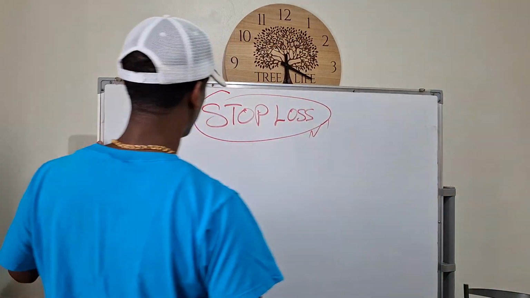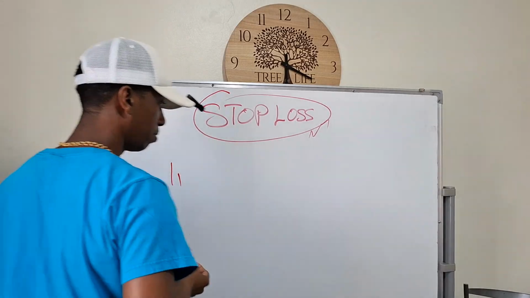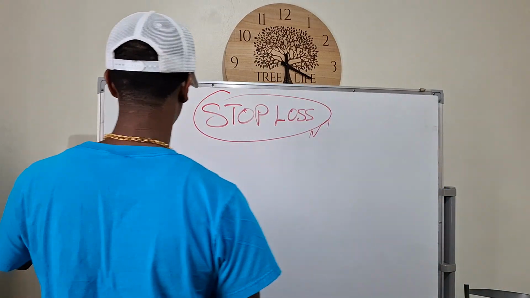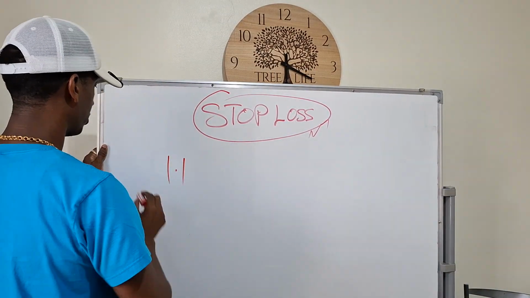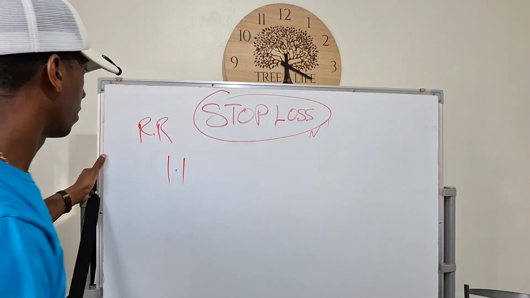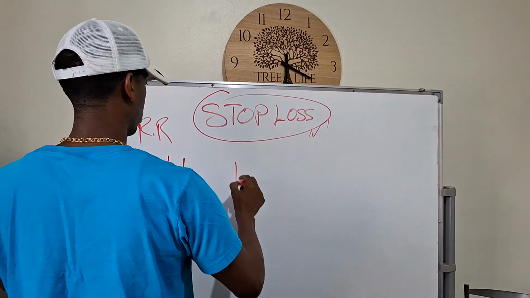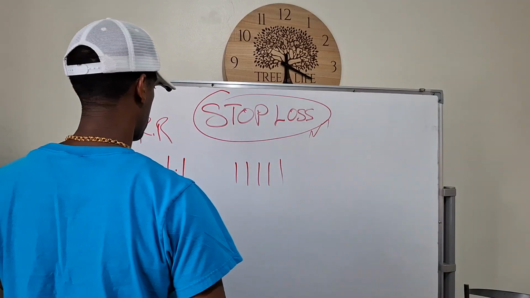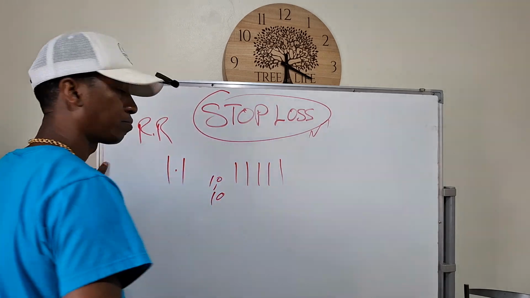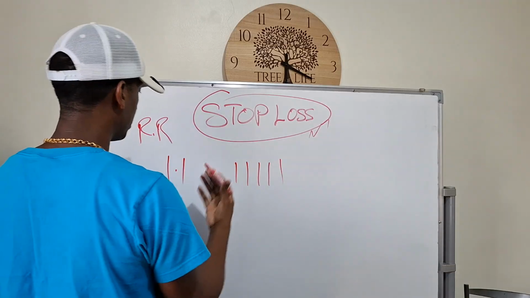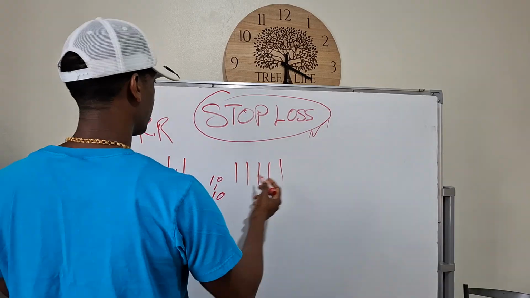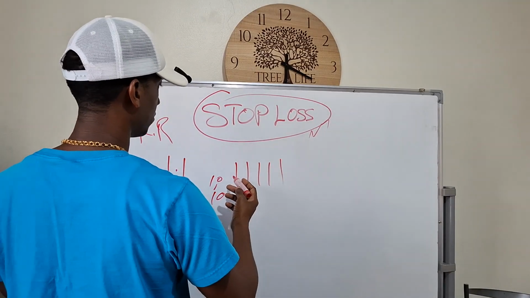All right, so let's say 1-to-1. Some people use 1-to-1. Why wouldn't we play those games? 1-to-1 R ratio, 1-to-1 risk to reward. Why wouldn't we use a 1-to-1 risk to reward? If we take 5 trades, 1, 2, 3, 4, 5, we risk 10 to go for 10. If we risk 10 to go for 10, that's a 1-to-1, right? You're risking $10 to go for $10, and you do this across 5 positions, 5 trades.